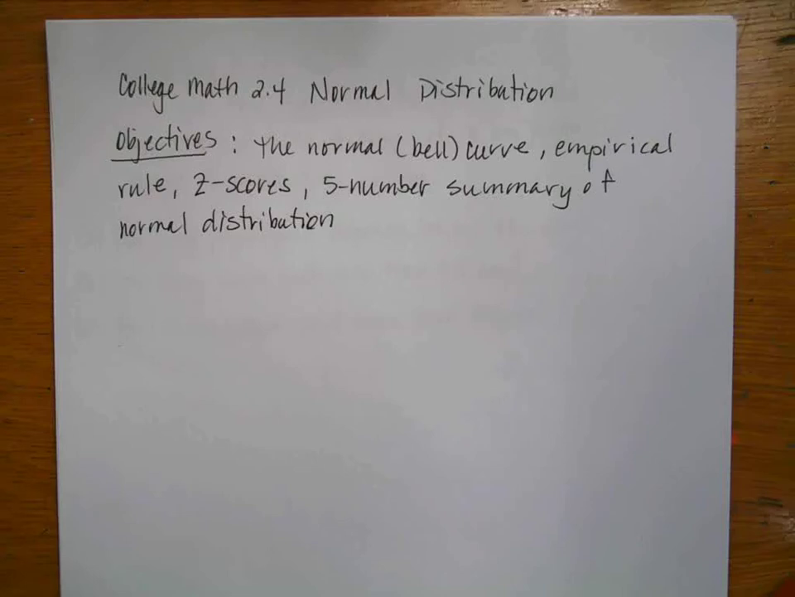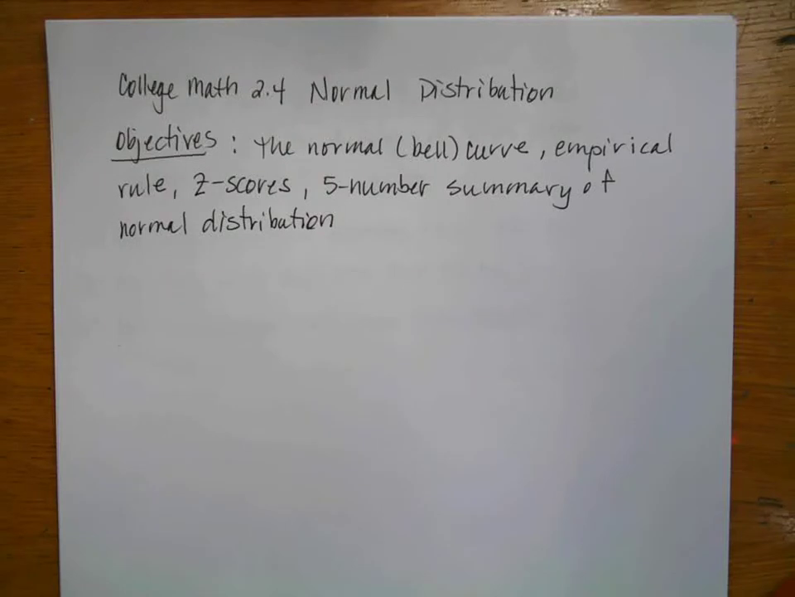Hello, Math Humans. We're going to do 2.4 today. We're going to be talking about the normal distribution. We actually started this conversation a little bit yesterday. So we're going to look more thoroughly at the normal curve, the empirical rule, z-scores, and then a 5-number summary